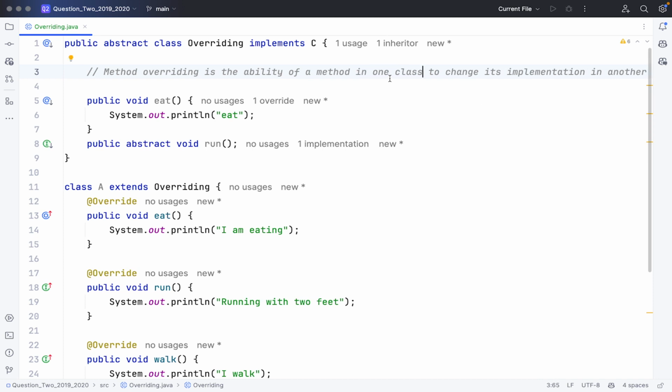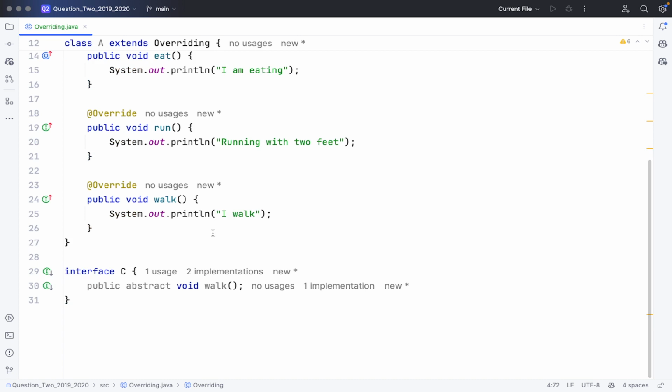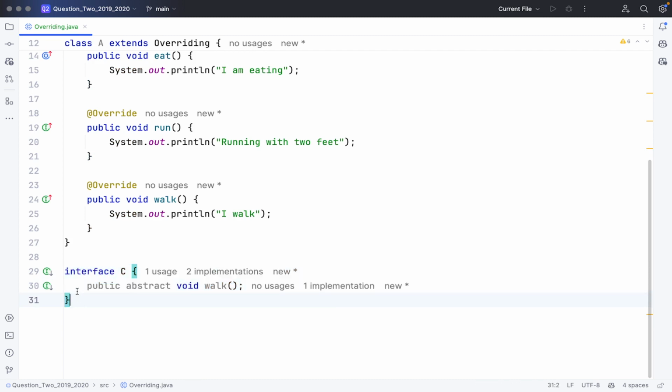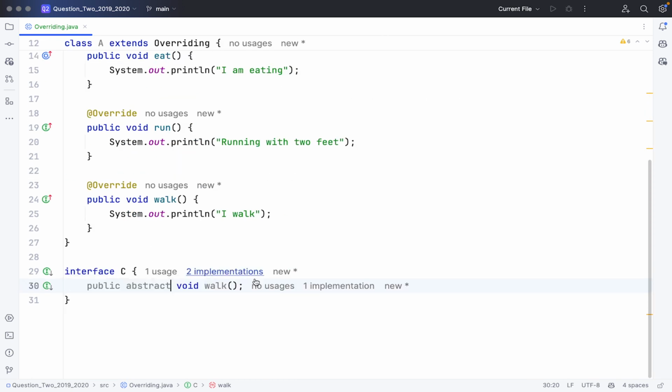The ability of a method in one class to change its implementation in another class. Because this is not exactly a class, and we are still overriding this method. So I'm going to go with that one. Method overriding is the ability of a method in one, I'm still using class here. I keep saying interfaces are like abstract classes, but I'm actually,